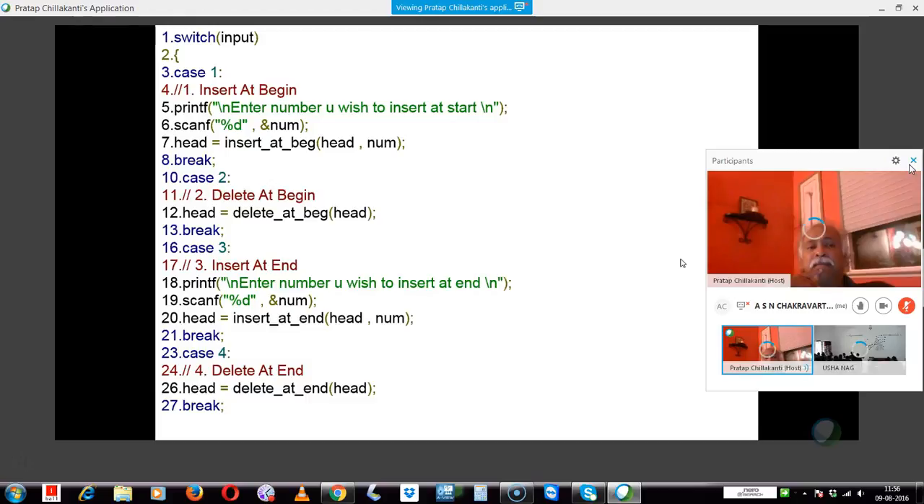2, you delete at begin, and so on. Now, let's say the user entered insert, signifying that they want to insert a node at the beginning. So now, if you study that carefully,